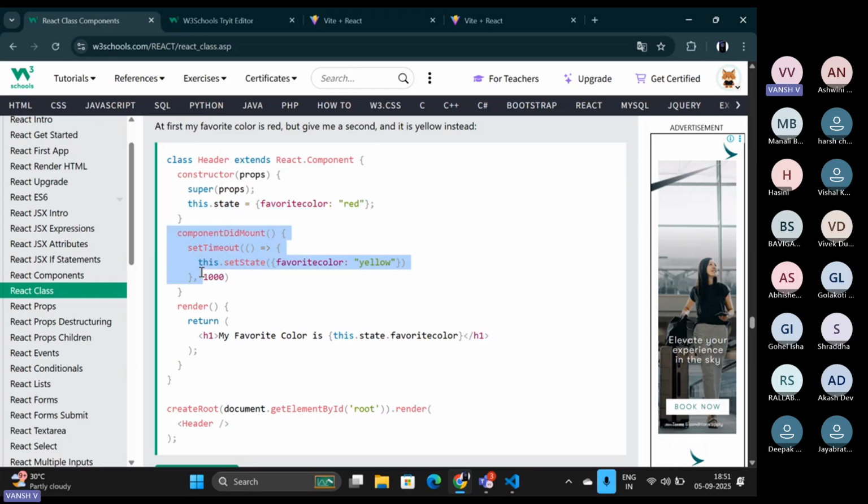This componentDidMount after render will get executed. What is it doing? It is using this setTimeout function, which is a function that will execute after a particular interval of time, whatever you have passed in milliseconds. So this 1000 milliseconds is actually 1 second. After 1 second, this setTimeout function gets called, and what is it doing? This dot setState. You are all familiar with what the setState function does. It will change the current state. So this state will be changed by it